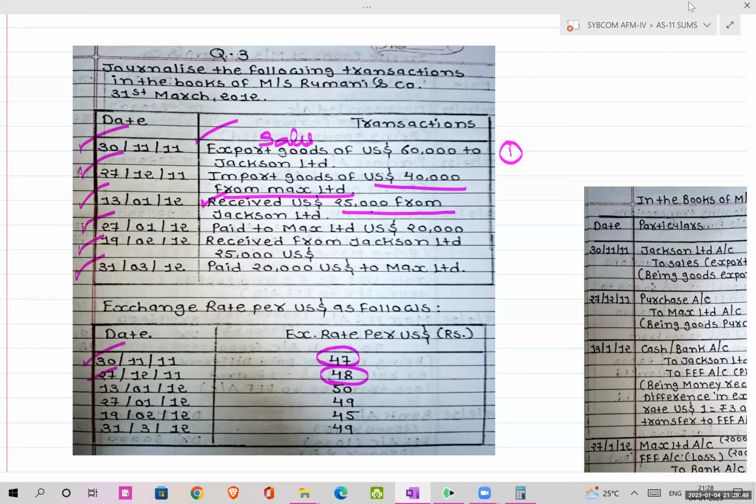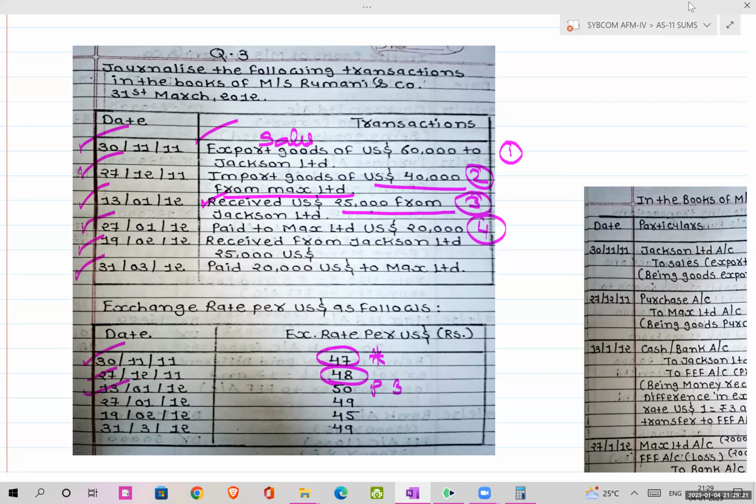तो जैक्सन से मैंने क्या किया था? सेल्स किया था, राइट? और 13th को पेमेंट मिला. तो जिस दिन फर्स्ट ट्रांजैक्शन था, that day the exchange rate was how much? 47. करेक्ट? और जिस दिन पैसा मिला, कैश रिसीव हुआ, उस दिन एक्सचेंज रेट कितना था? 50. तो मुझे तो प्रॉफिट हो गया है 3 रुपीज का, राइट? नेक्स्ट, 27 जनवरी. So this is my second transaction, this is my third transaction, and this will be my